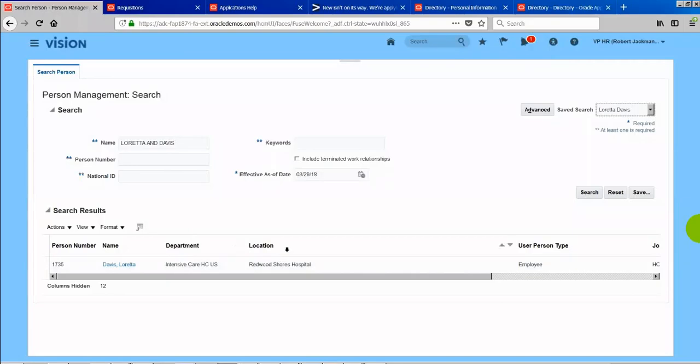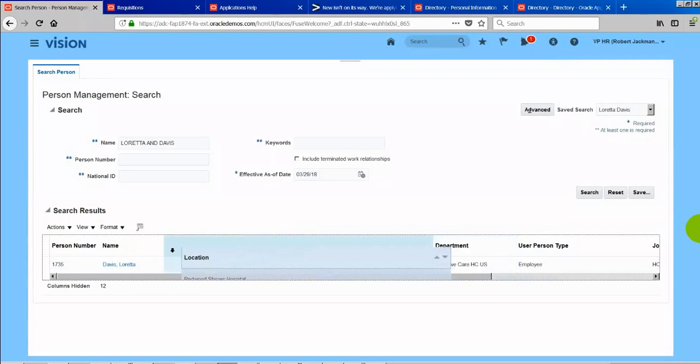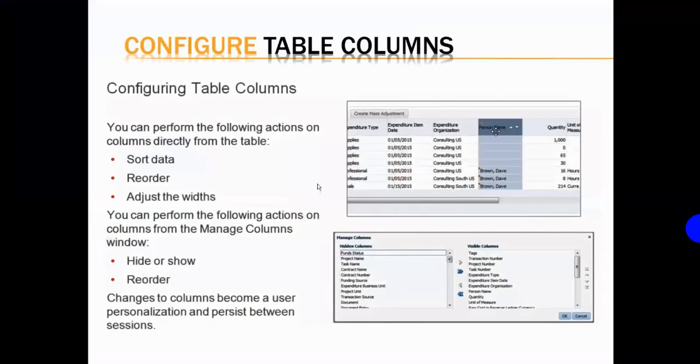Here also I can move the location column and reorder it to a specific location. So we have that level of flexibility to reorder, sort, and hide or show the columns. You can play around with it. It's very basic stuff. It is self-intuitive.